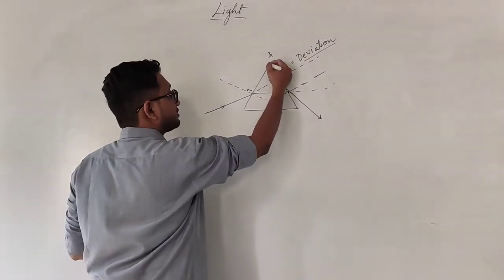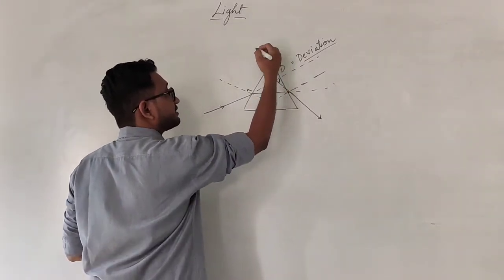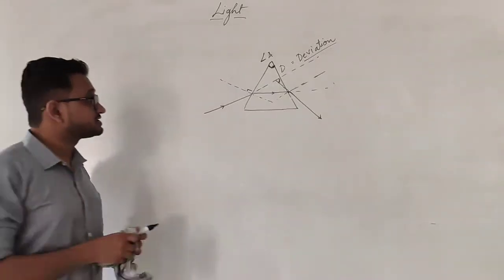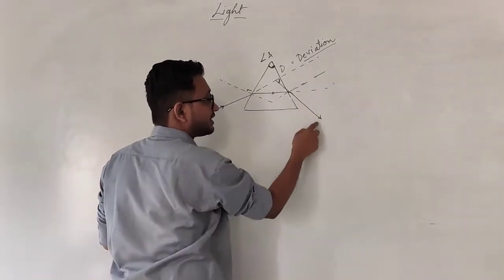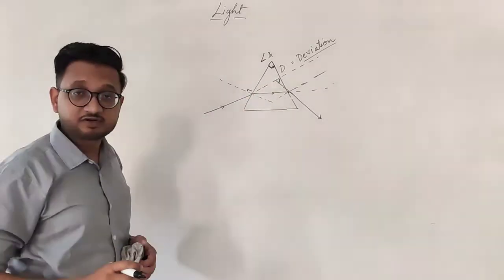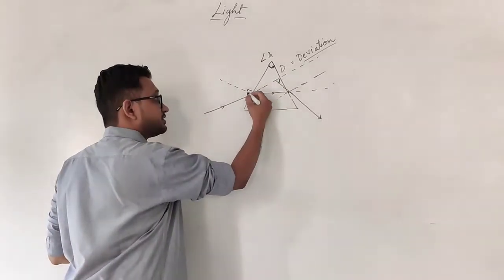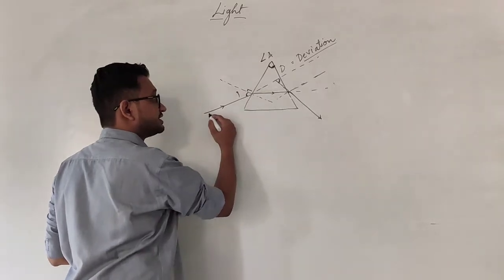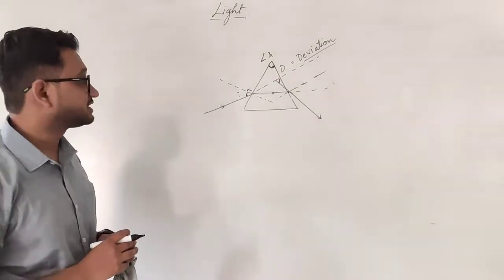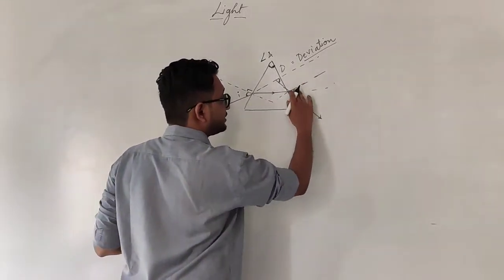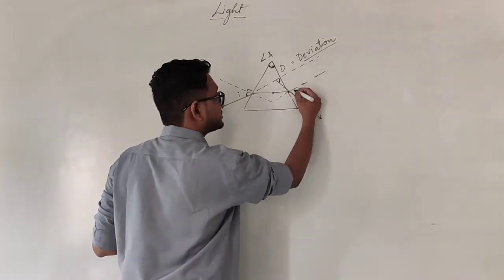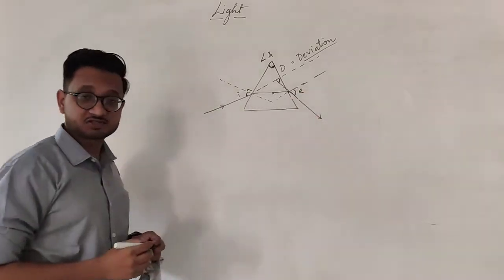So this over here is the angle of prism A. This is our angle of deviation. Which one? This angle over here, the original path and the deviated path. We need to find this angle of deviation. This one over here, the angle of incidence, is what the incident ray makes with the normal. So this is our angle of incidence. And from this particular side, you can see that this is our normal and this is our emergent ray. And so this is our angle of emergence.